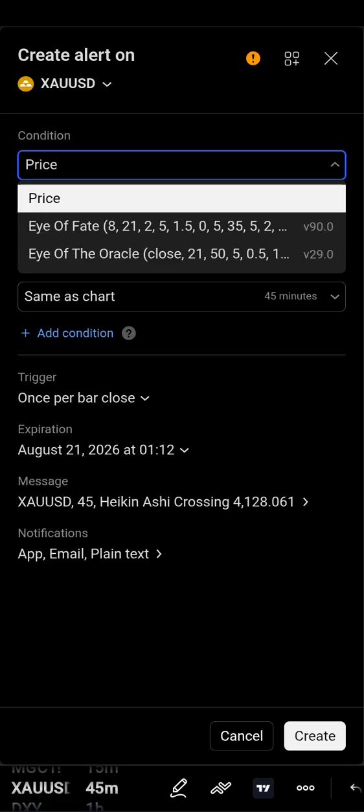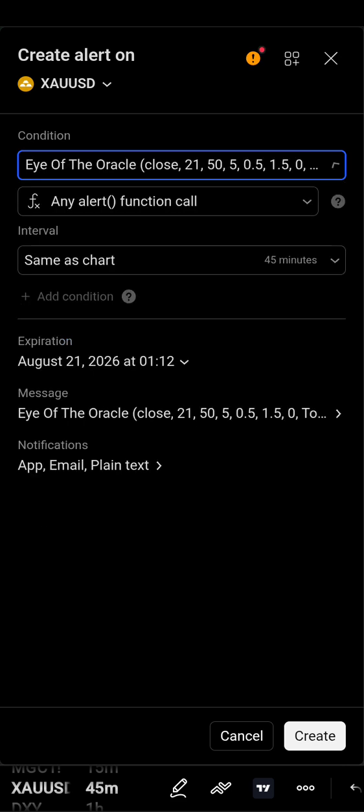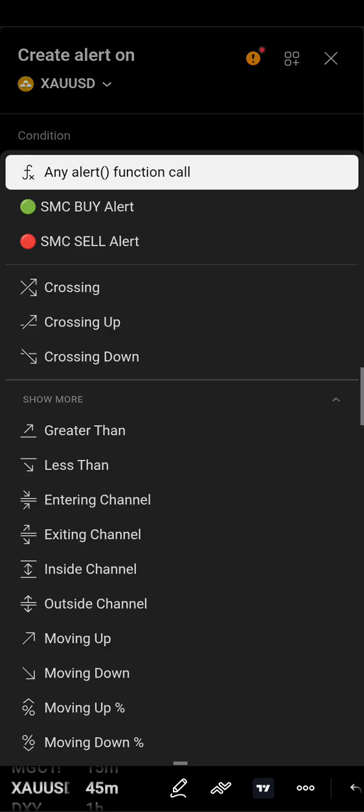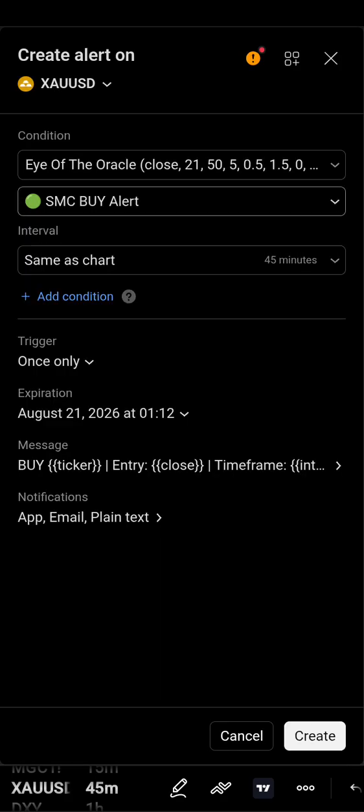So you want to change the condition from price to one of the two indicators. I have Fate, I believe, is my TDI, RSI, the bottom chart, and I have Oracle, which is the top chart with the lines that sit with price. All you gotta do is hit alert, any function call, and set it to smart money concept buy or smart money concept sell. You would apply the same chart, and you would add the conditions. These conditions are the alerts to your phone. You don't get access to them if you're not a premium member.